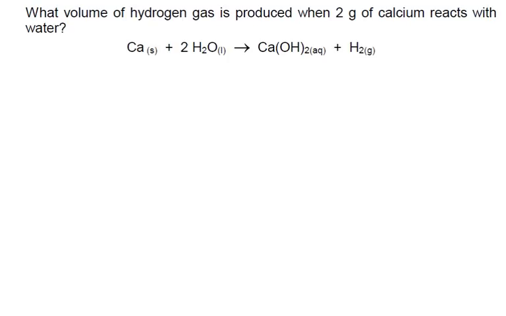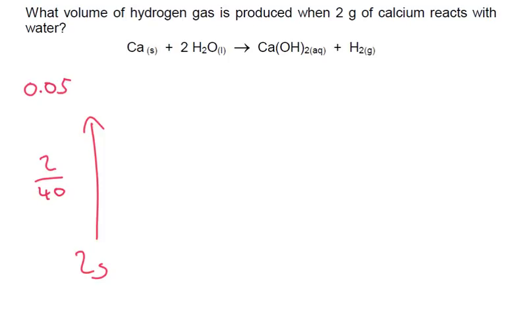What volume of hydrogen gas is produced when 2 grams of calcium reacts with water? So we've got 2 grams of calcium. Okay, we want to know how many moles we've got. Well, calcium on the periodic table is 40, so this is what we're going to have to do. 2 divided by 40, and we get